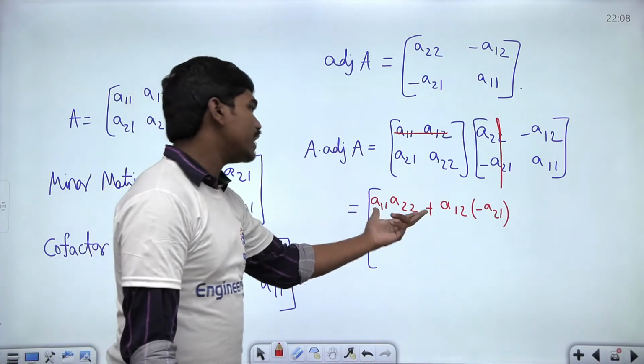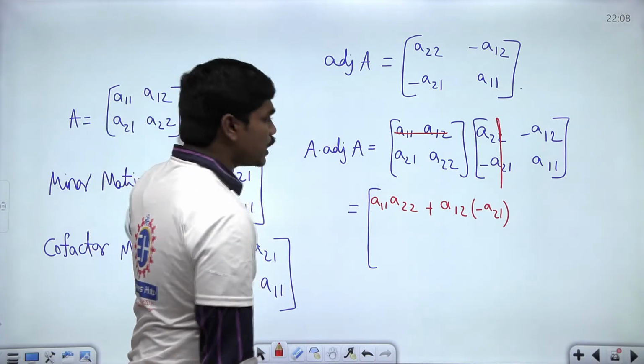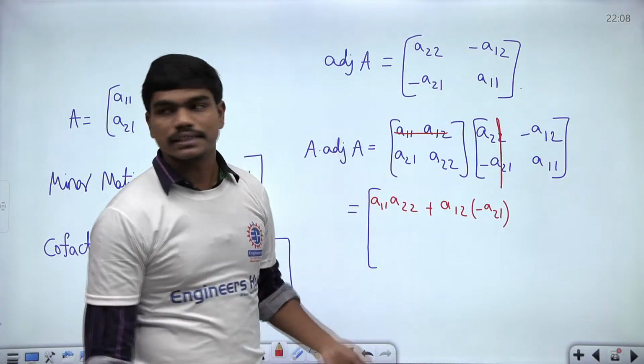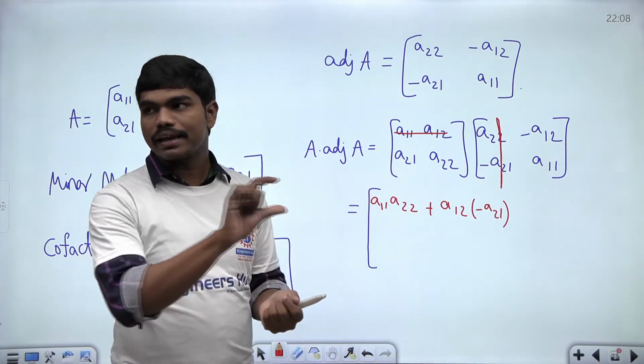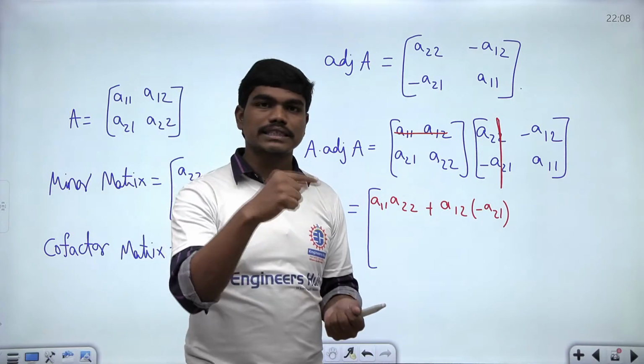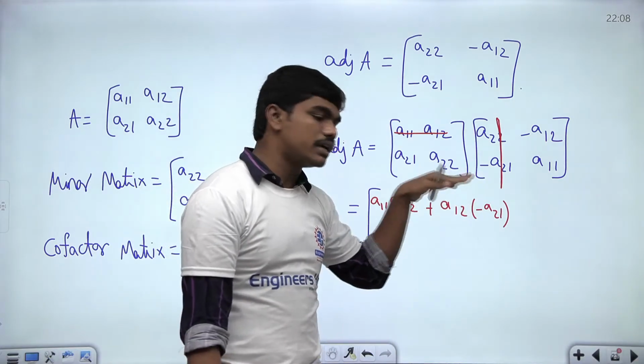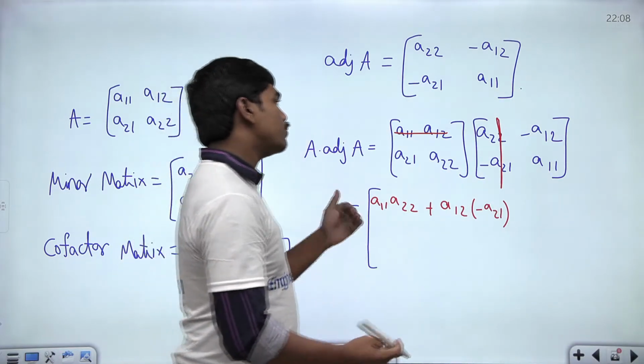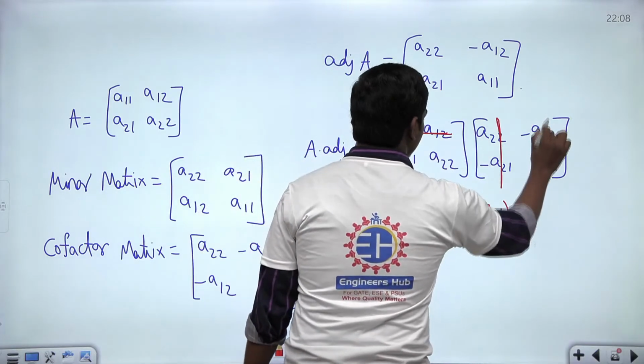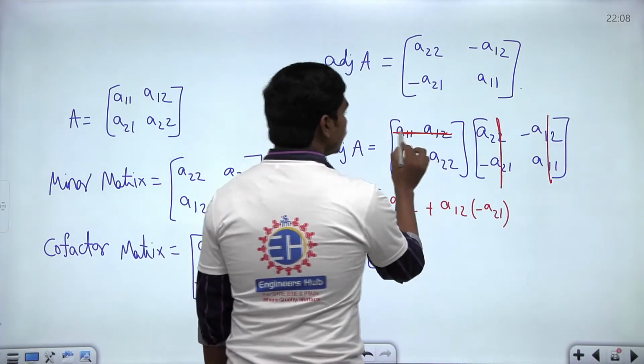You know, this A11 A22 minus A12 A21 is nothing but the determinant of this matrix. So that's why whenever you are multiplying any elements of a row or column with their corresponding cofactors, you will be getting a determinant value. Clear? Next, if you multiply the elements of a row with cofactors of other row,